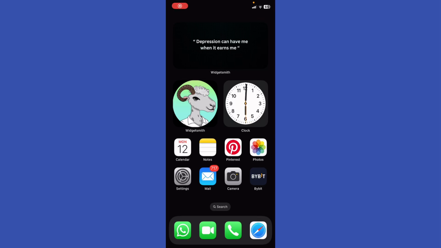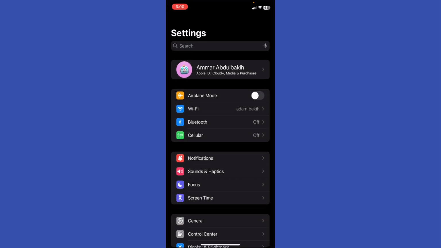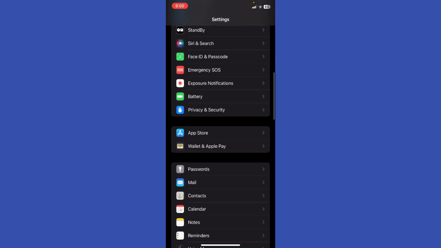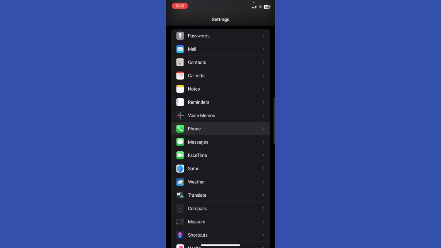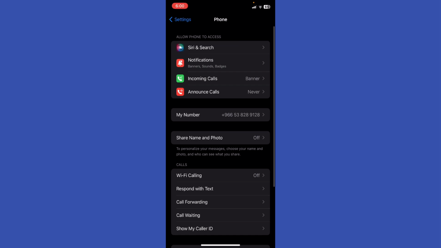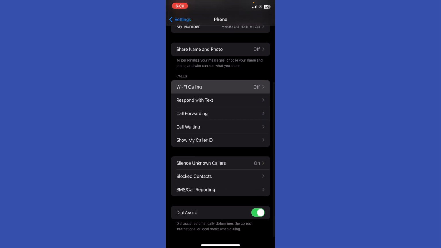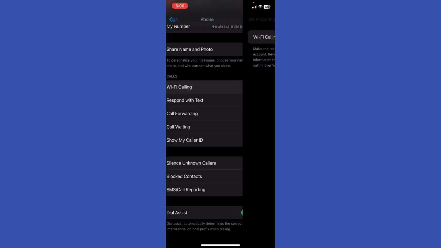How to enable or disable Wi-Fi calling on Mint Mobile. So first of all, go to the settings and then go to phone and then Wi-Fi calling. Let me go to the phone and then go to the Wi-Fi calling right here, and make sure that you disable or enable the Wi-Fi calling, and then toggle the Wi-Fi calling on this iPhone to enable or disable